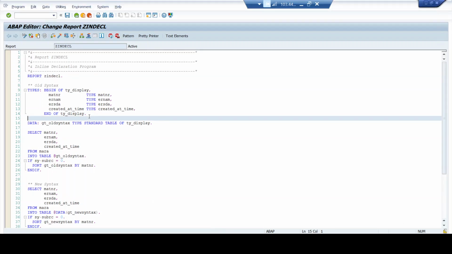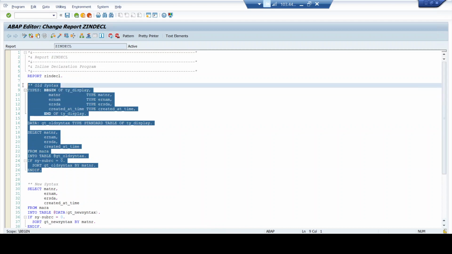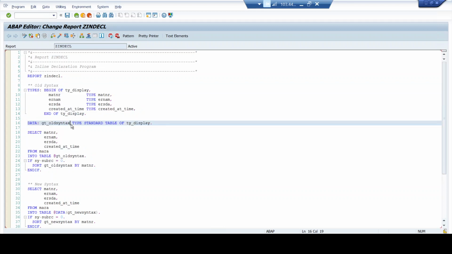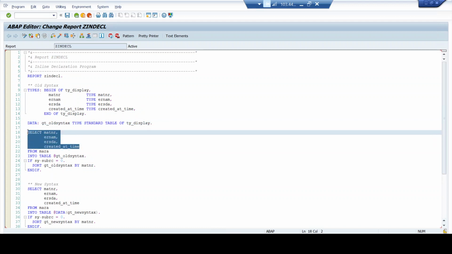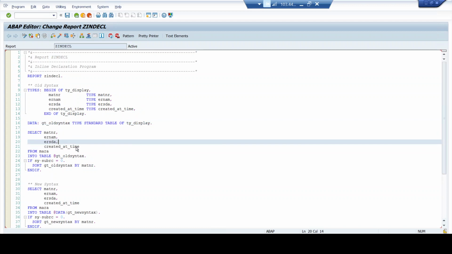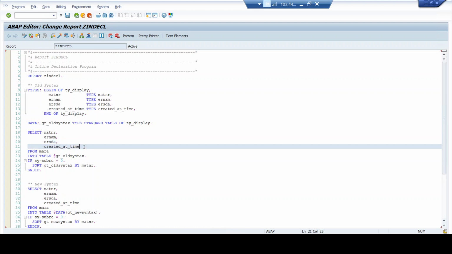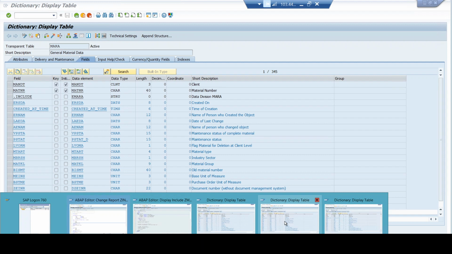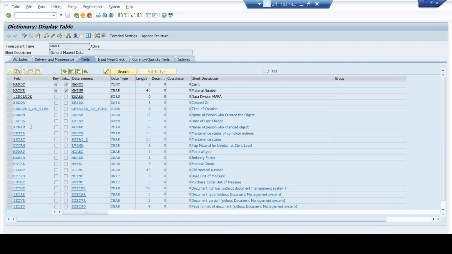So this is a sample program that I have written in order to save time. As you see here, this is our old traditional method. We have to first define the types, then define the internal table declaration, and then use that internal table in my select query. Now imagine if I want to add an extra field. Say, for example, MARA has several fields, right? In case I have to add an extra field called the name of the person who changed the object,